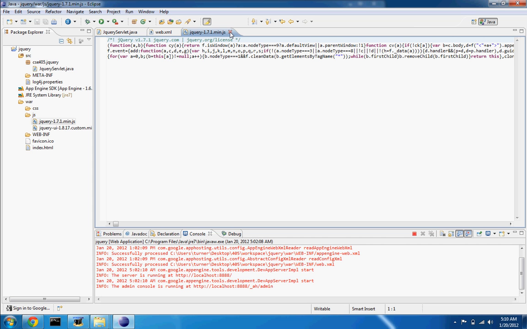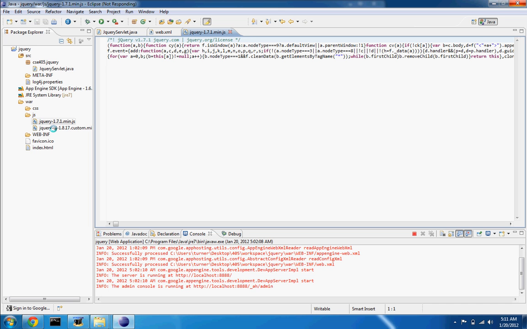You can also use a developer's version of the library, which is not minimized. So the developer version would have all the extra white space in there to make it easier to read, and would have longer names that were more descriptive of the functions and variables. Now, this is the core library, and the Ajax API is in there, as well as other elements of the core library. And this other one